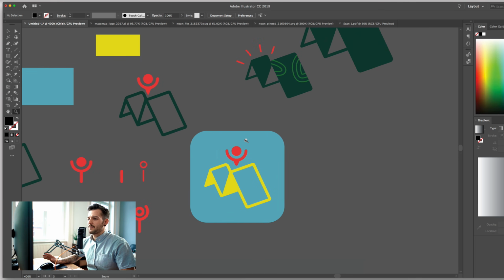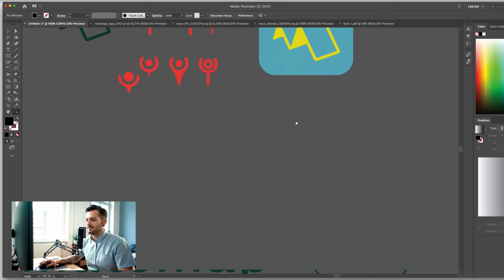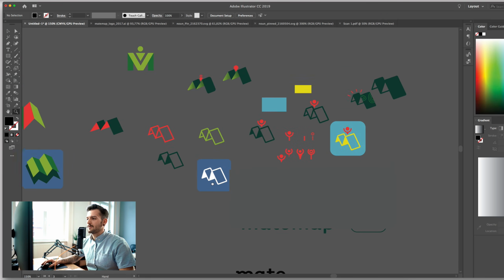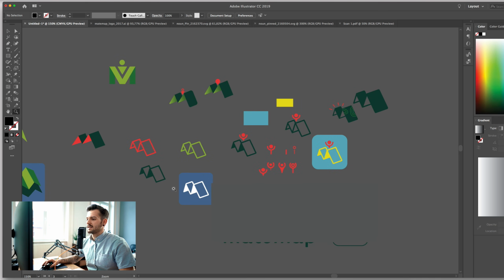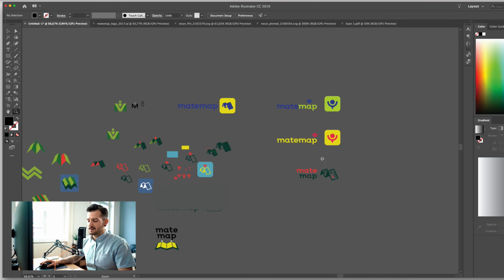And I really fast tested if this would be working in an app icon. So to combine these things, it's way too much. Then I thought, okay, maybe this one. But in the end, I want to go more with this thing. Yeah, and you can explore millions of